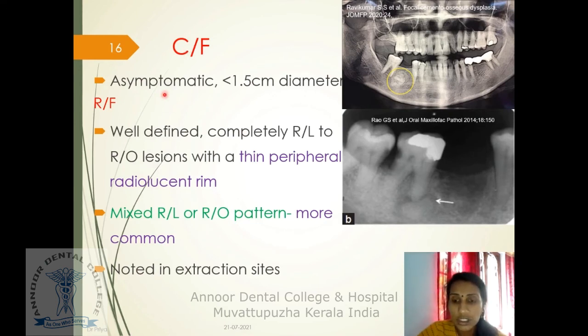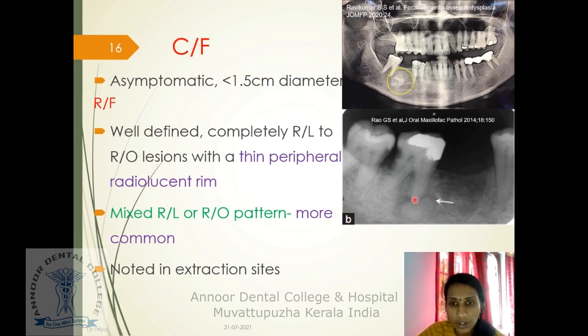Clinical features: it's more of an asymptomatic lesion. So whatever we've been studying now, it's more of asymptomatic. And here you have formation of cementum-like deposit which is less than 1.5 centimeter diameter. So it's a very small size swelling. Radiographically, when you see, it's well defined and it's completely radiolucent to radio-opaque lesions with a thin peripheral